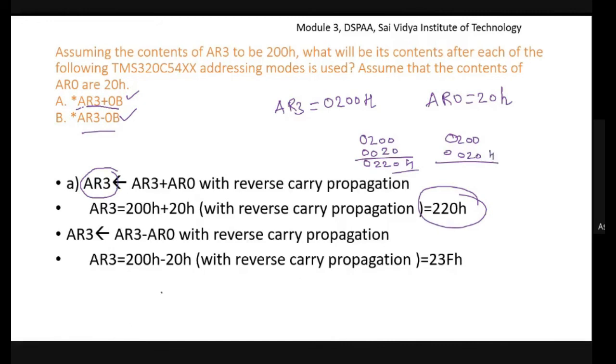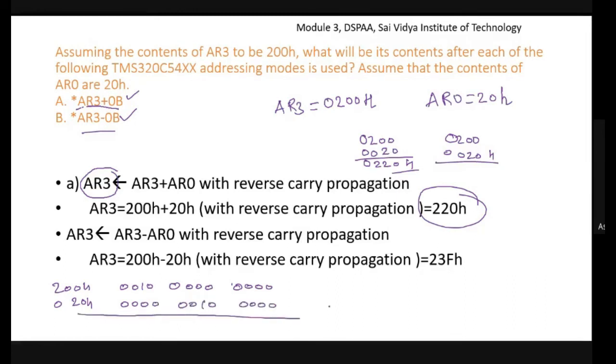So how does the subtraction take place? First, write down the data in binary format. First I'll write 0010 0000 0000, which is 200 hexadecimal. Similarly, 20 hexadecimal I'll write as 0000 0010 0000.